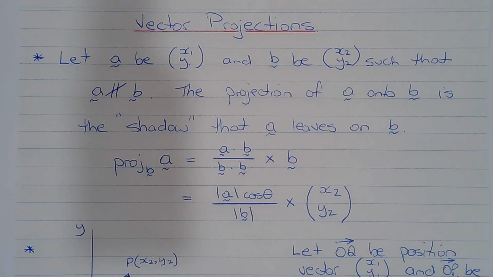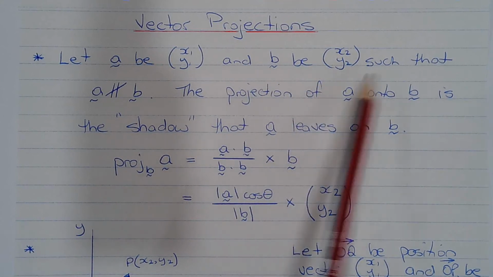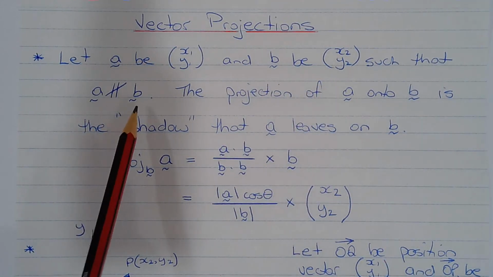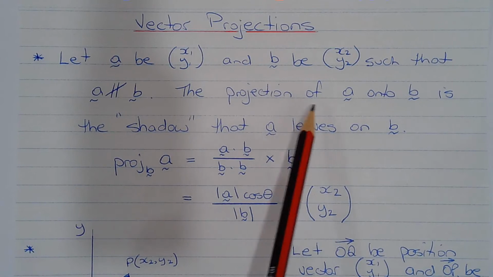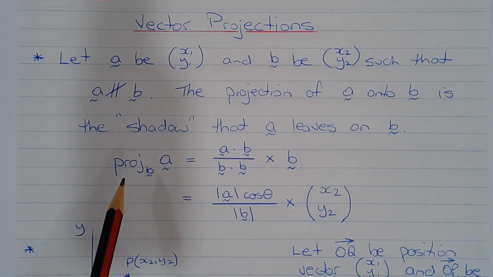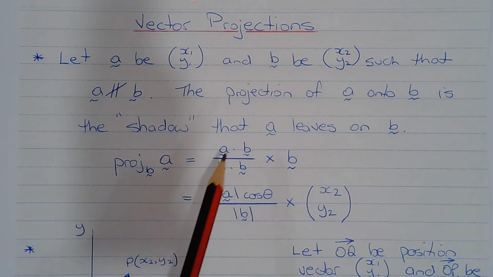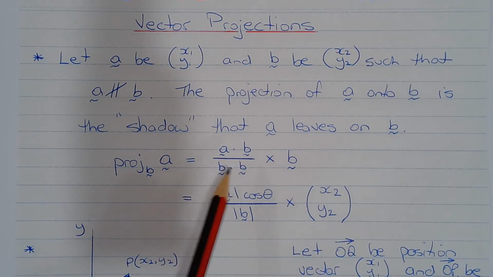Vector projections. Let vector A be (x1, y1) and vector B be (x2, y2), such that vector A is not parallel to vector B. The projection of vector A onto vector B is the shadow that vector A leaves on vector B. And the formula is: the projection of vector A on vector B is equal to the dot product of vector A and vector B over the dot product of vector B with itself, multiplied by vector B,